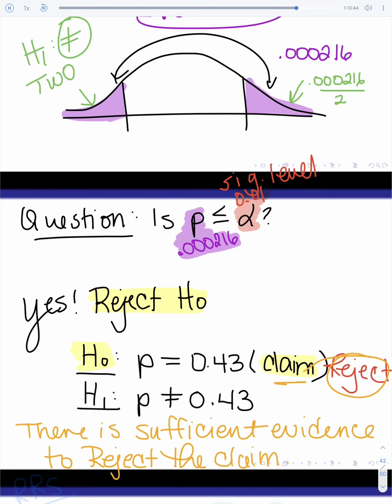And notice we get this answer when we actually redo the same exact problem using rejection regions. We're going to get the exact same answer. We're just going to